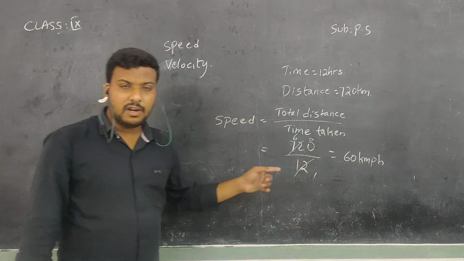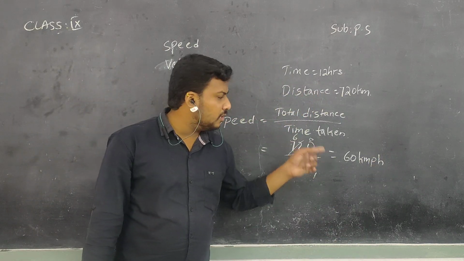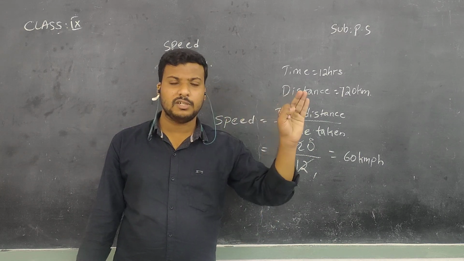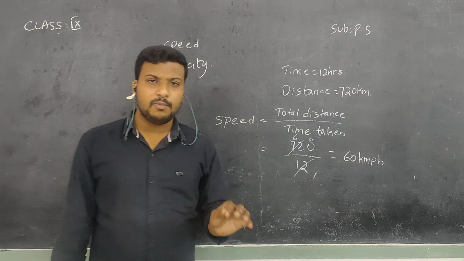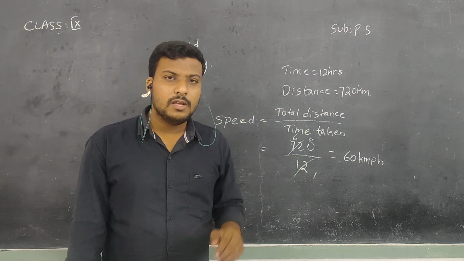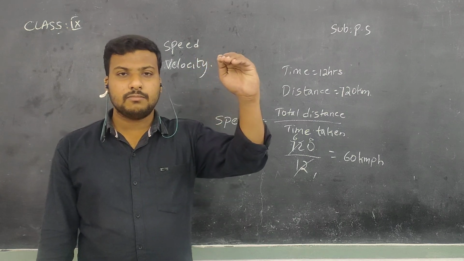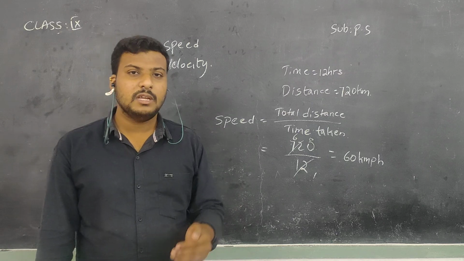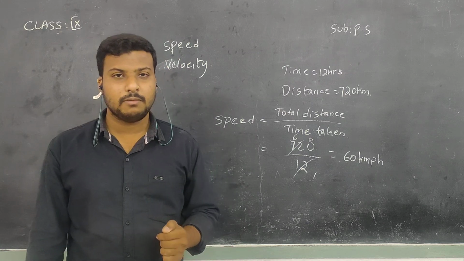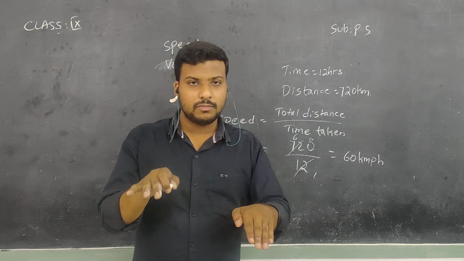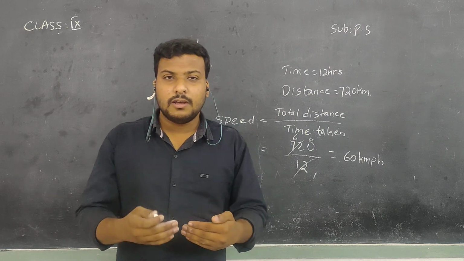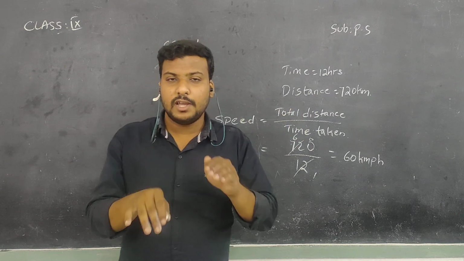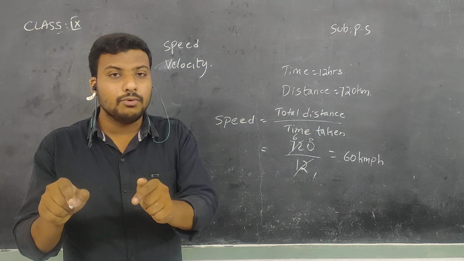Did the train driver make the train move 60 kilometers per hour constantly? For the first hour 60 kilometers, second hour 60 kilometers, third hour 60 kilometers. Can it be possible? No. In 1 hour he may reach a maximum speed of 80. In the second hour he may go at 30 kilometers per hour. There will be variations in speed. He cannot make you travel at the same speed, but he will take you in time.